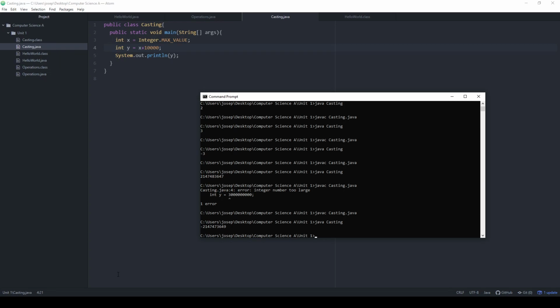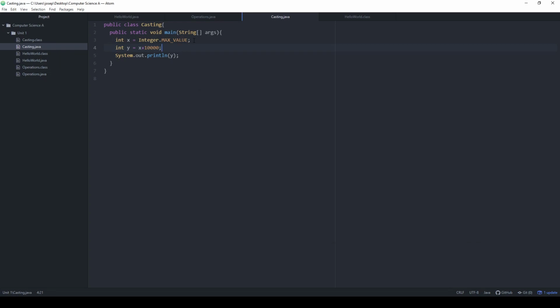Now, the interesting thing is everything I've told you up to now is totally within the curriculum for Computer Science A. This next thing is not. So they tell you what the problem is, but not how we can go about fixing it. The answer, of course, is longs, creating long variables. So let us go ahead and take a look at this. So what if I instead try to make a long variable